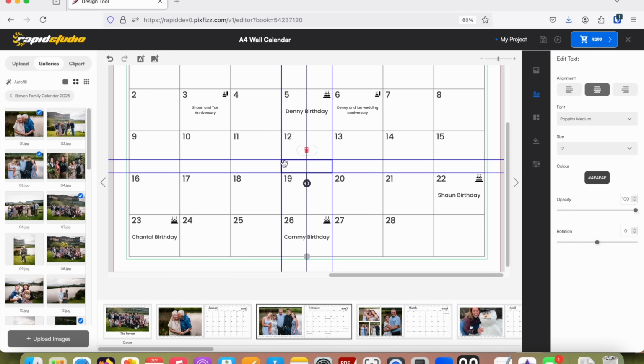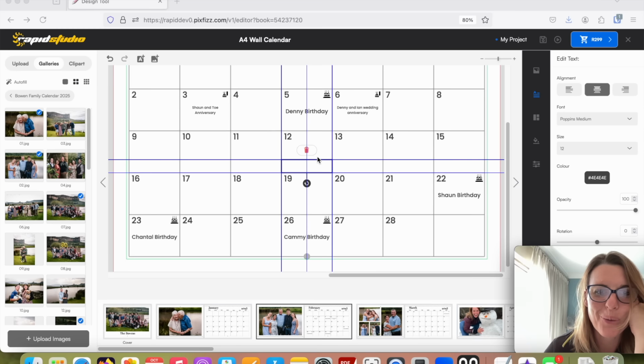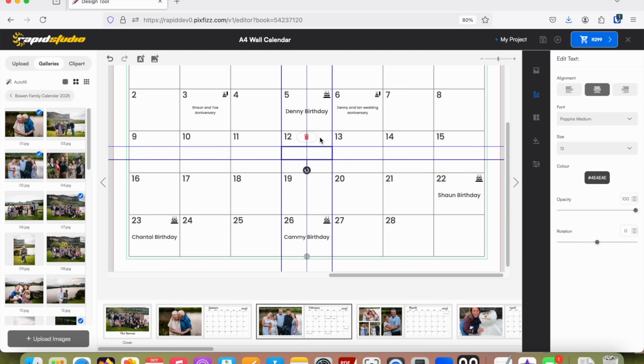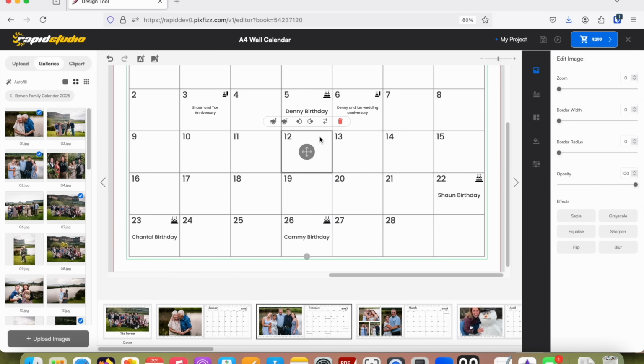The bottom is another text box. So I could write Sherry's birthday, or I could do Sherry's birthday and Tembi's birthday if there's two people in there. Unfortunately, if there's three, we obviously only have a limited amount of space, so there's not much that we can do there. But there's space for two text options, and then if you click up the top third, it opens